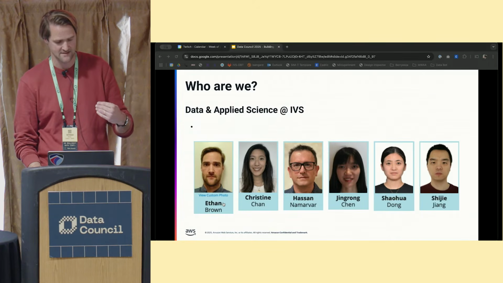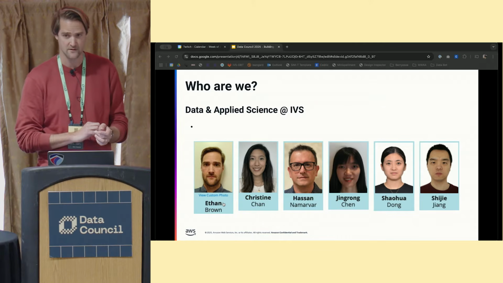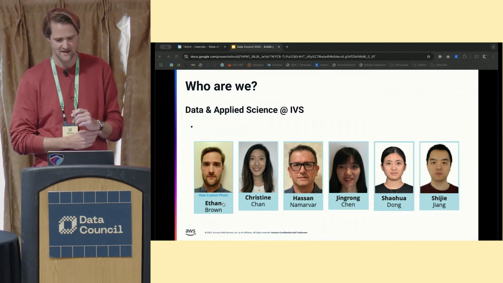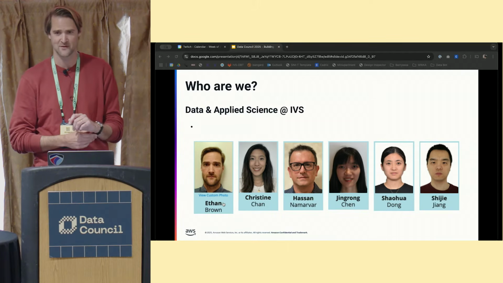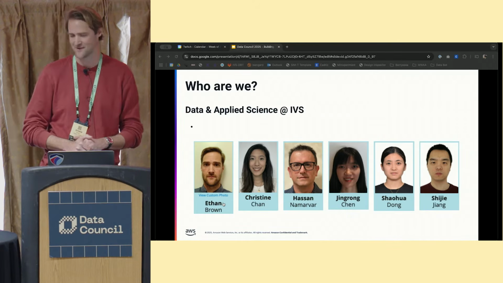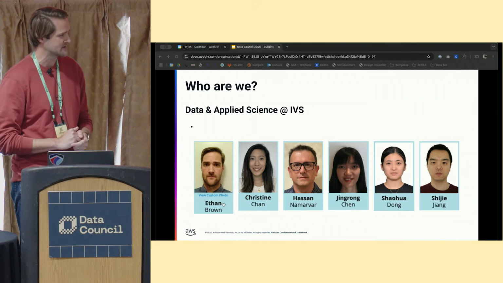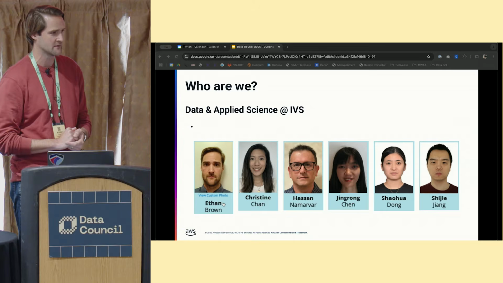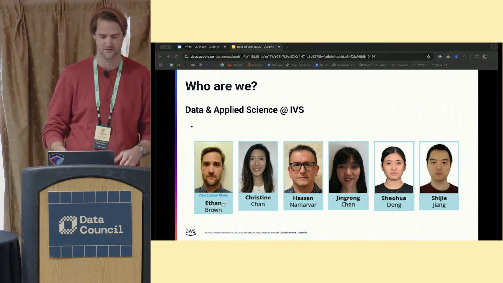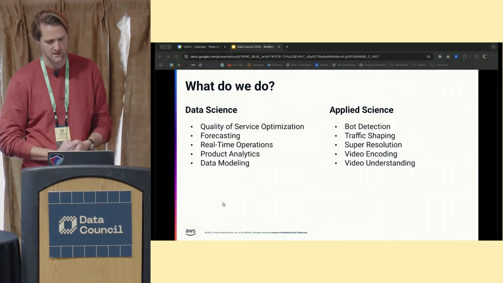So my team inside that group is the data and applied science team. We are small but mighty, composed of both data and applied scientists. In person, we don't all look like convicts. That's just the internal Amazon profile pictures. But yeah, as you can tell, we're not a big team, but we support a pretty large org, which kind of plays into the impetus of why we wanted to push into automation. So specifically, what do we do?